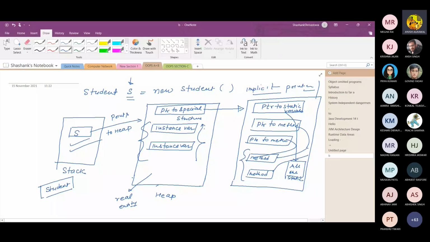So all the memories for age and name are created in the heap memory area. And the behavior which works on these instance variables is stored in the method area. And here in stack, only the reference variable S, which refers to that particular memory location where the actual object is created. In some books it is written as S is an object.